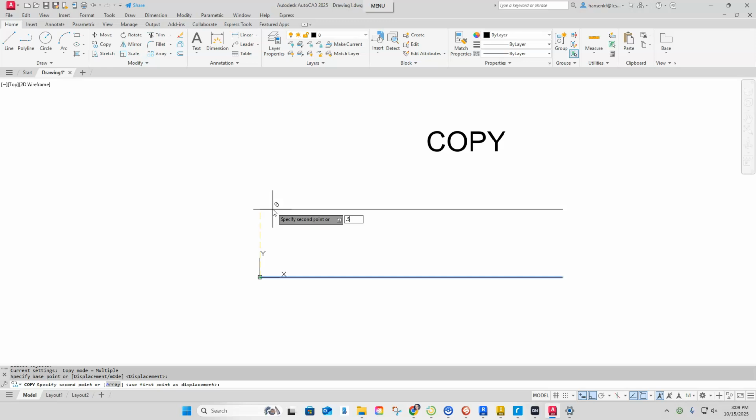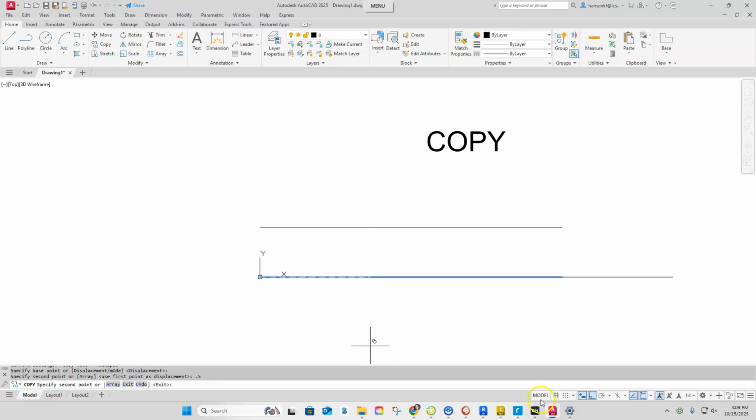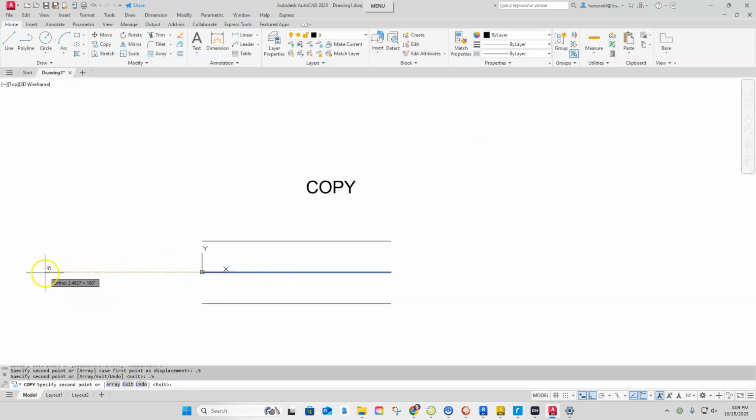Now, if I wanted to copy this line and I wanted to go a half of an inch to the top, I would pick on it and then move my mouse. I do have ortho on, so it keeps it locked in at 90 degrees. So I could type in point 0.5 and move it straight up and copy that at a half of an inch. And if I wanted to go down, I just pull my mouse to the bottom, type in point 0.5, and I could go that direction as well. I can also go over to the left, to the right. I can do it at any specific angle. So I could take off my ortho,